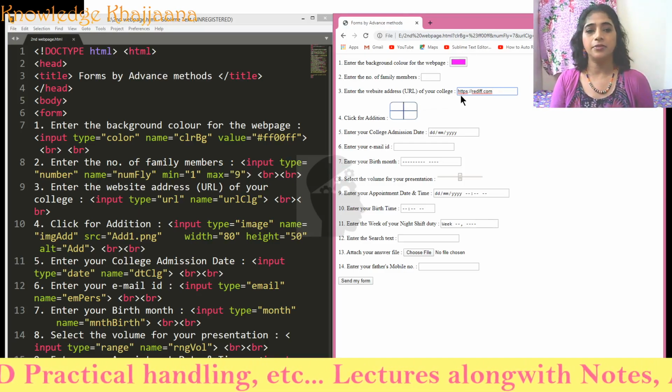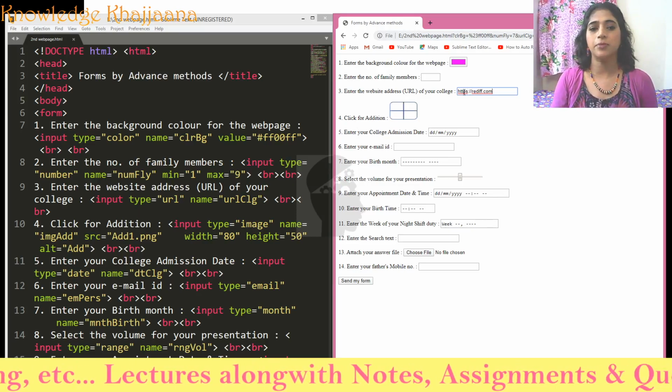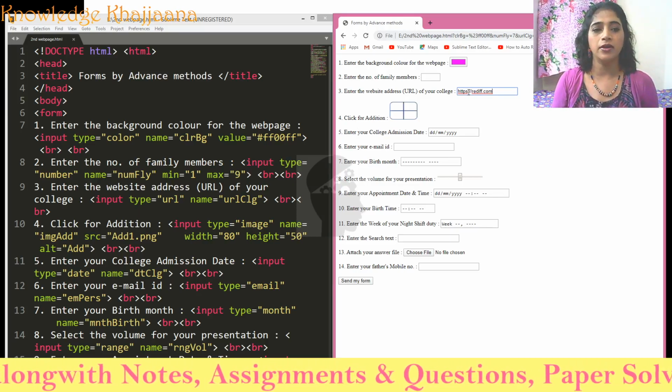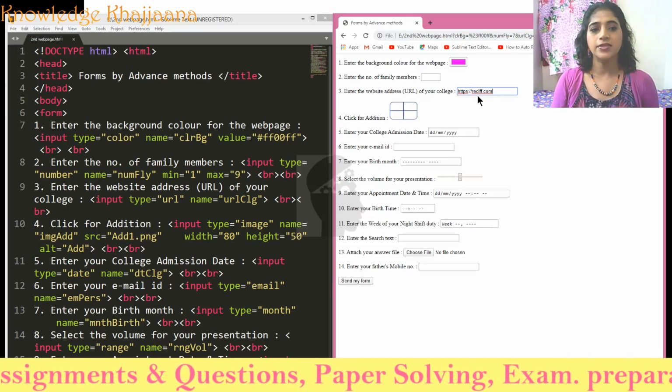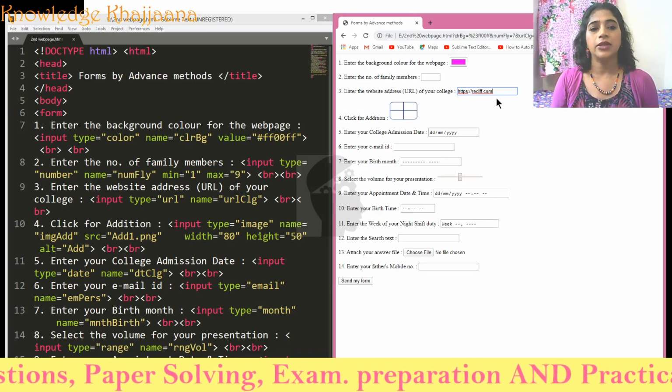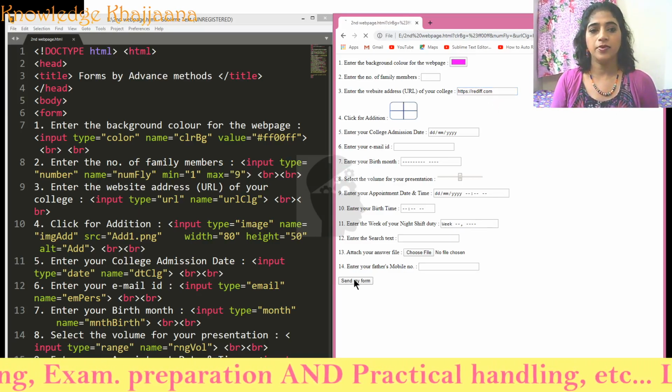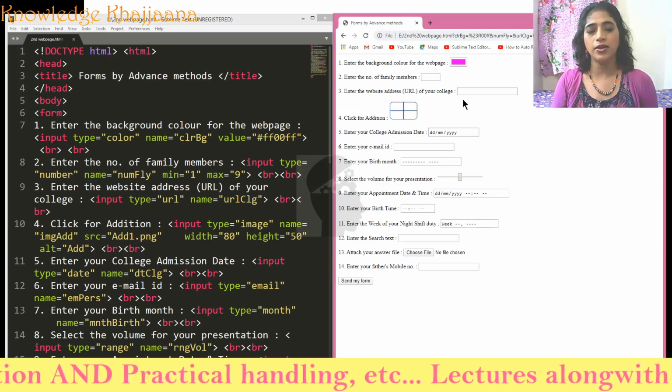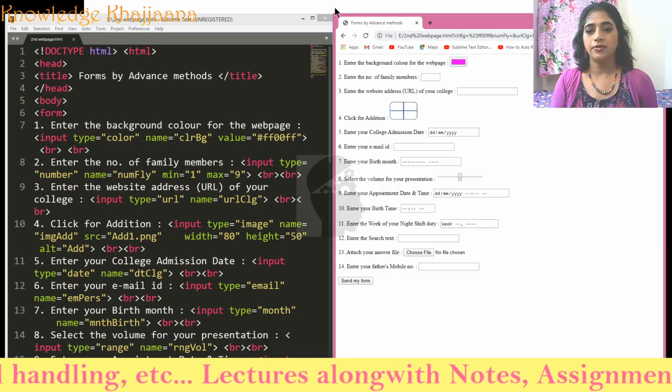Why? HTTP is also there. All the components are present over there. HTTPS followed by colon and 2 slashes, then server name followed by domain name. As it is a valid URL, it has been submitted.